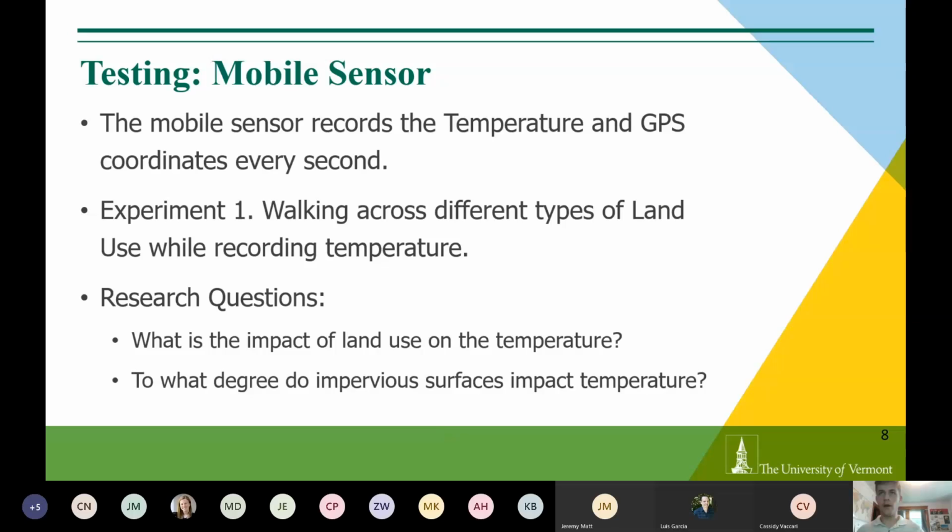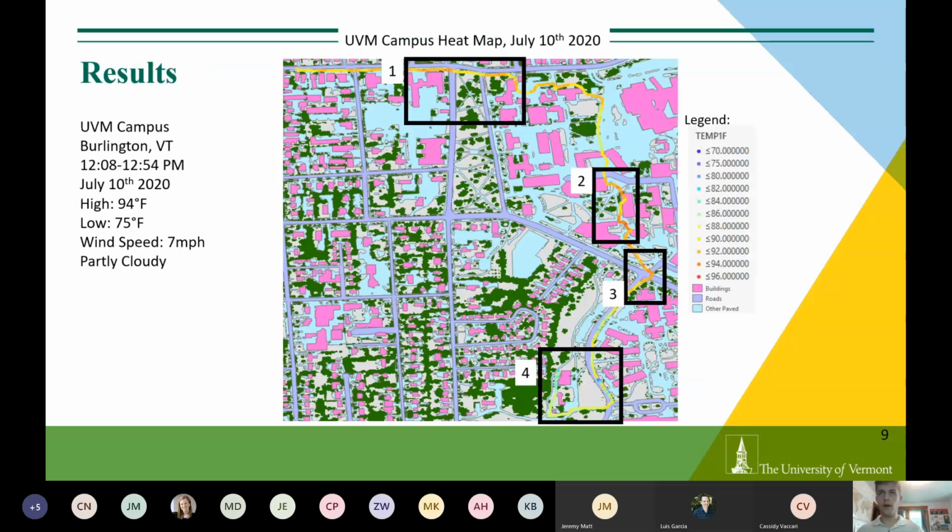Testing with the mobile sensor records the temperature and the GPS coordinates every second. So experiment 1 will be walking across different types of land use while recording the temperature. So the results from my first mobile sensor test are from 12:08 to 12:54 on July 10th on the UVM